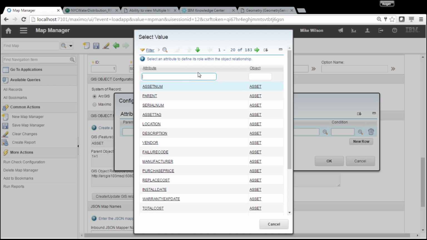But remember that the system of record is owned by ArcGIS. So on the ArcGIS side, the feature class object that gets created will dictate what the relationship would be over on the Maximo side. So I'm going to use for this